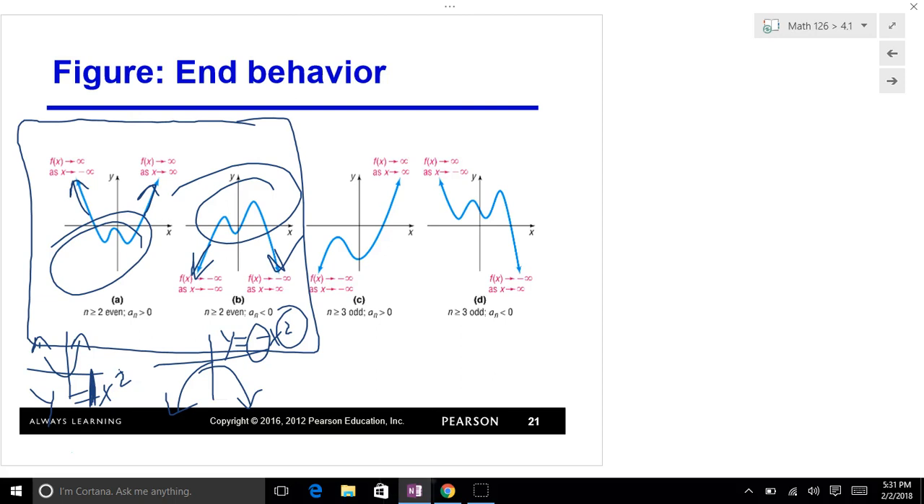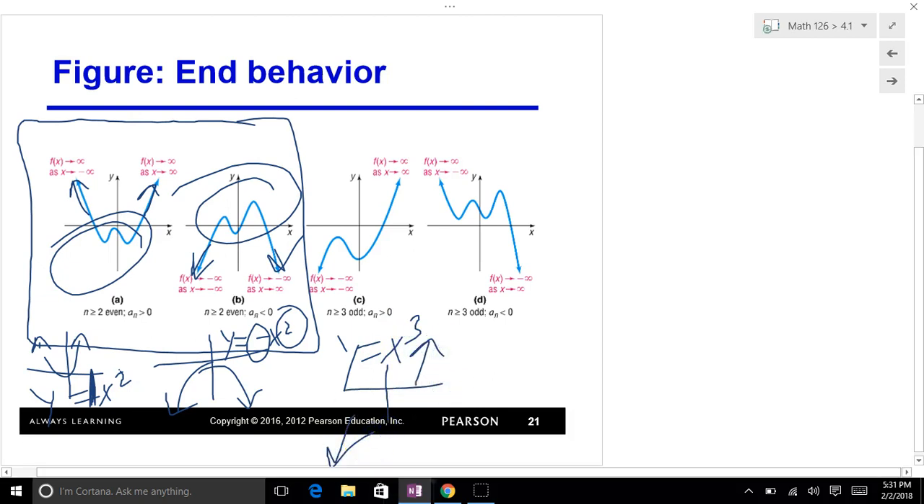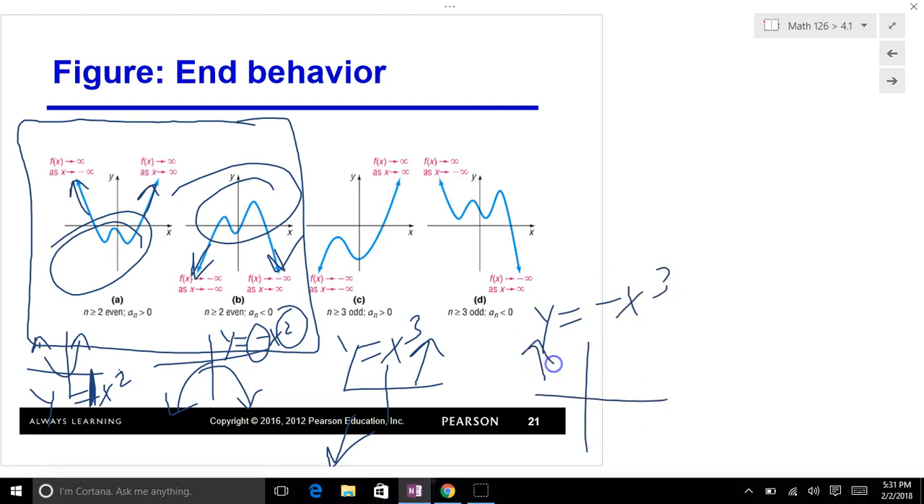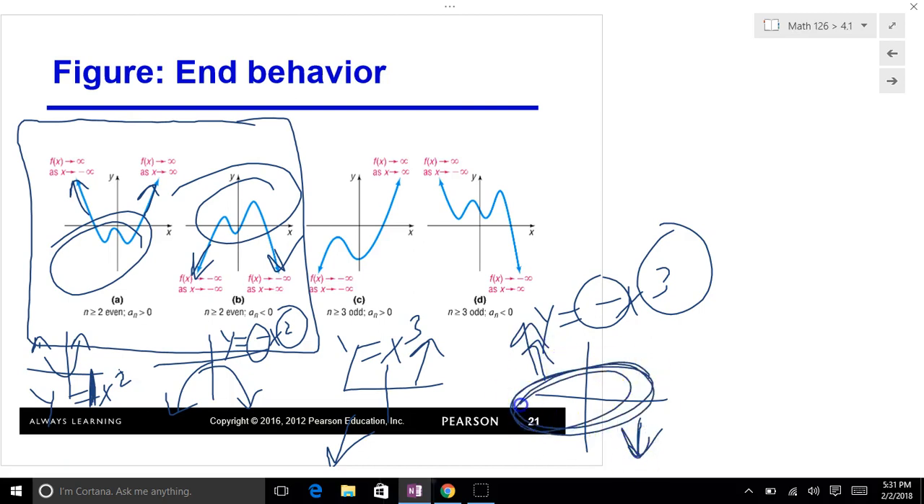Okay. Now, whereas with the odd functions, I'm always thinking about x cubed. So this one goes down to the left, up to the right. Whereas negative x cubed, we'll flip that over. I'm going to go up to the left, down to the right. So anytime I have an odd degree and a leading coefficient that's negative, I'm going to go up to the left, down to the right. I don't know what's going on in between until I find zeros and plot some points and things like that, but that I do know. And this is how you state it